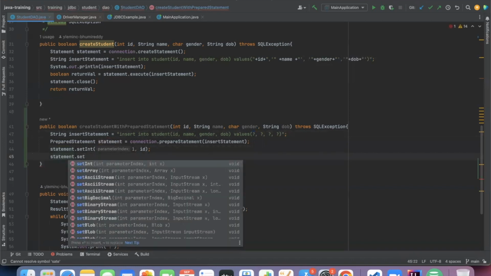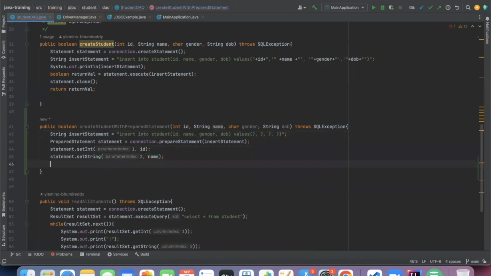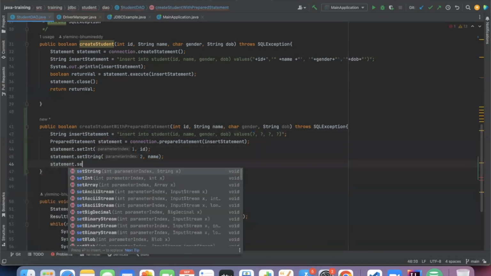Now statement dot set, we have string value, right? So we can set string to command name. So appropriate object types we will be using. Set